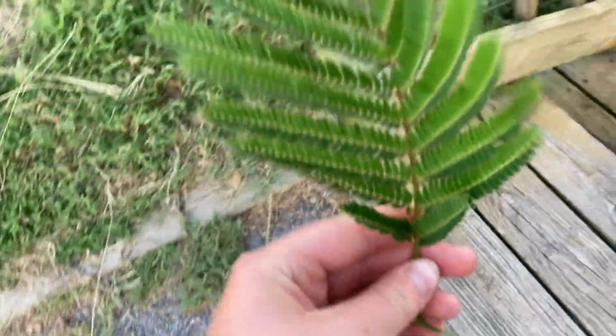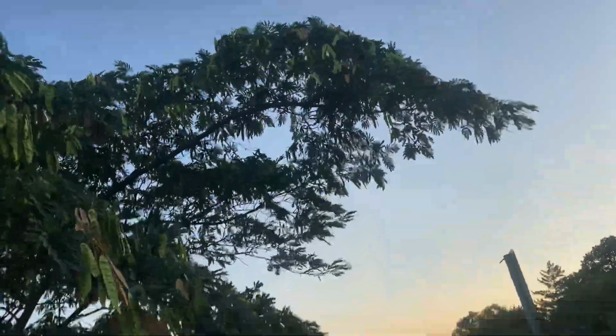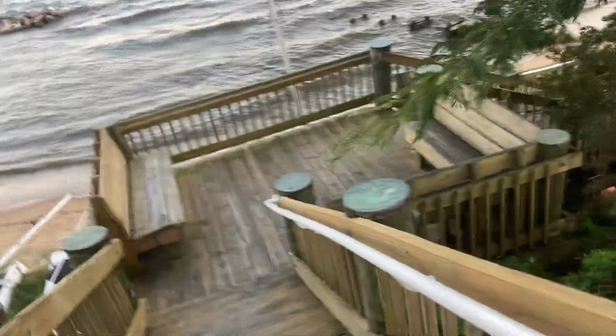Look at how pretty that leaf is. So beautiful. I don't know a tree more beautiful than the Mimosa Tree. So pretty. It's like a fern. Yeah, so I'm definitely going to plant one of these. I have one growing in my backyard, but I'm going to move it. It's not really doing very well where I planted it. So I'm gonna move it. But just look at that leaf. It's so pretty, and the whole tree is covered in them. So beautiful. I don't know a tree that is this beautiful other than this tree. And it's so pretty, especially in the early summer when you got all the lovely,